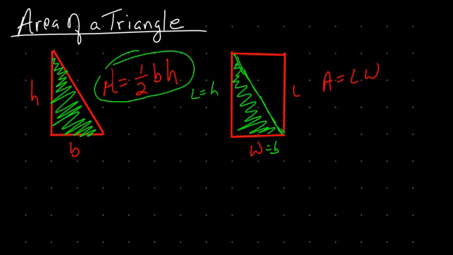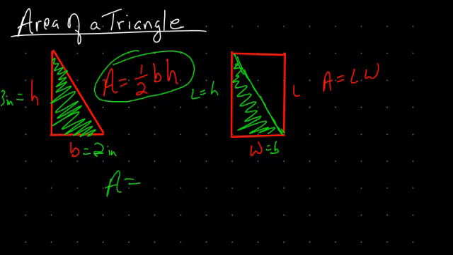So let's look at this one here. What is our base here? The base is 1, 2, so this base is 2. Let's go in inches this time, 2 inches. And let's look at our height. Our height is 1, 2, 3 inches. So given that its base is 2 inches and its height is 3 inches, we have that the area